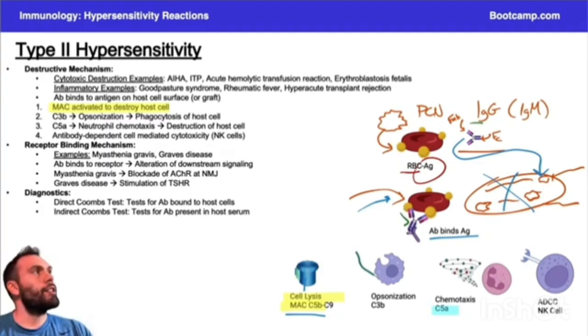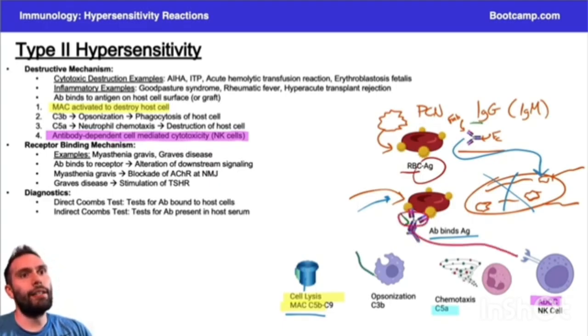And the last one on here is the natural killer cell. Now this is ADCC, antibody-dependent cell-mediated cytotoxicity. And this is largely driven by natural killer cells. And what this essentially means is, the name kind of gives it away in a sense, antibody-dependent, right? We need this antibody here. This antibody will essentially bind to this receptor on the natural killer cell. So it's dependent on an antibody and it's cell-mediated cytotoxicity, meaning the natural killer cells are going to mediate the